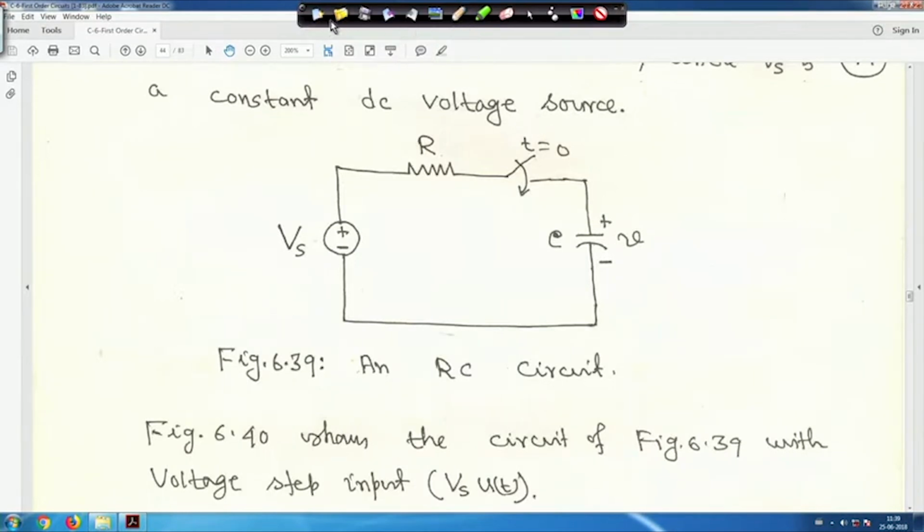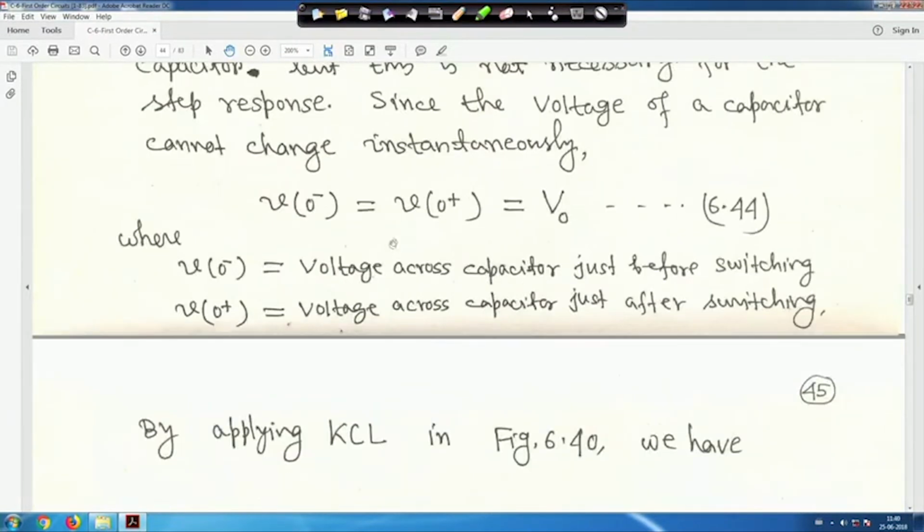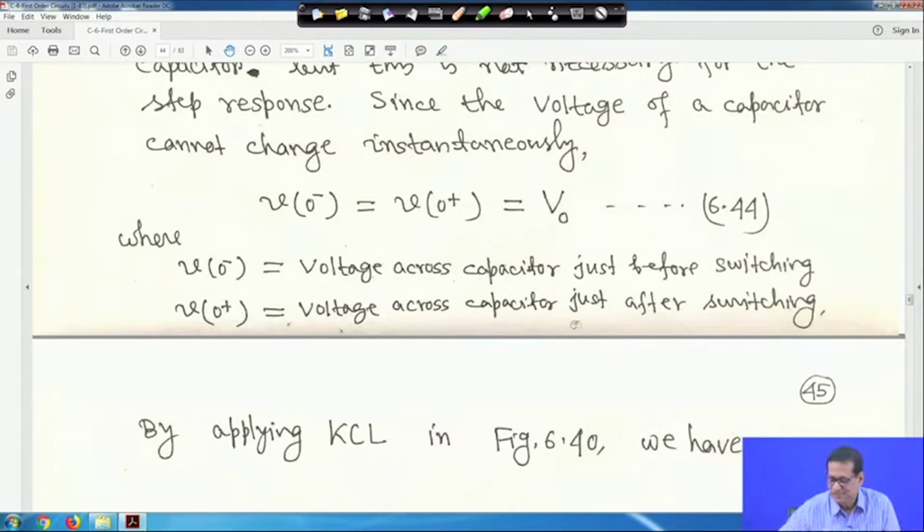So, let me clear this. Now let us come to the circuit. It is given V0 minus is equal to V0 plus, which I have written as equal to V0, just before switching and after switching, since the capacitor voltage cannot change instantaneously. So, this is equation 44, where V0 minus is the voltage across the capacitor just before switching and V0 plus is the voltage across the capacitor